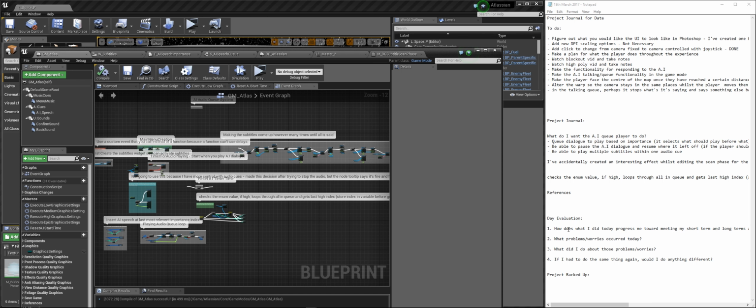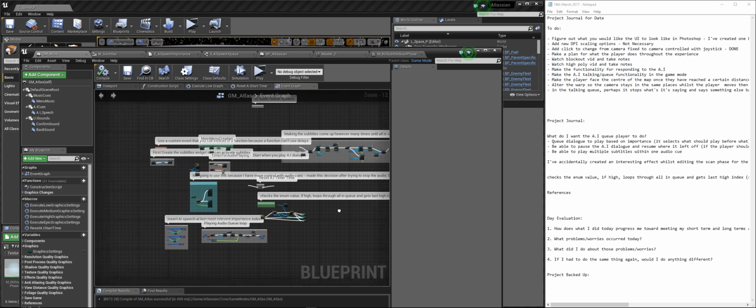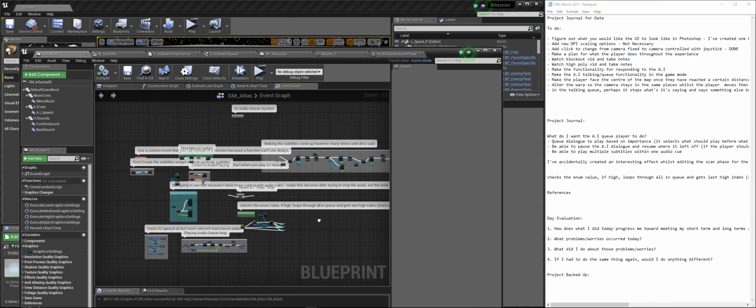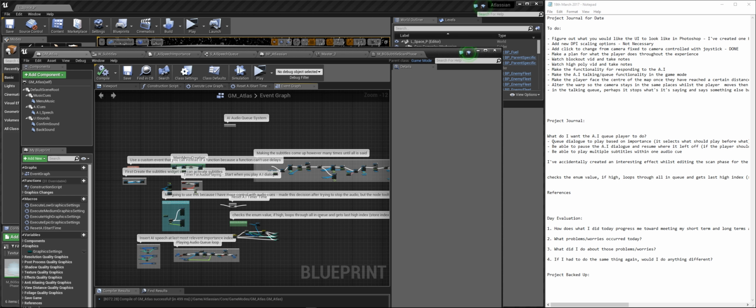So yeah, what did I do about these problems? Not applicable. If I had to do the same thing again, would I do anything differently? No, because I've done everything how I wanted to do it. This to-do list is actually from yesterday. I just wanted to have it up, just so I can see what I didn't get done yesterday. Okay,